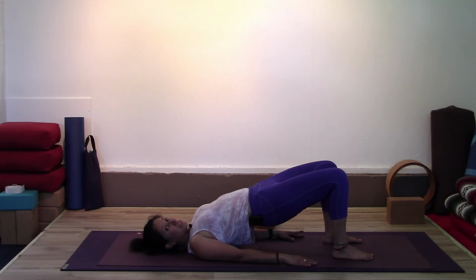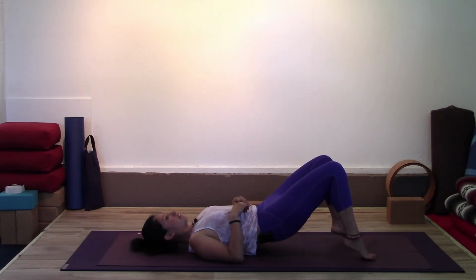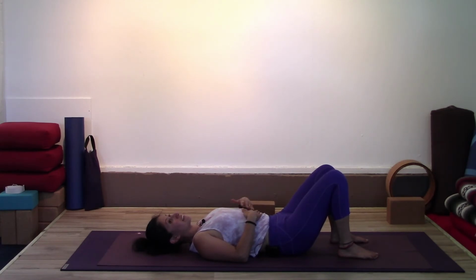If you're in full wheel, gently lower down. If you're in bridge, release the interlacing of the fingers, slowly lower hips down. Last to touch of those hip points. Good. If you have more energy in you and you really want to practice your wheel pose again, please, you